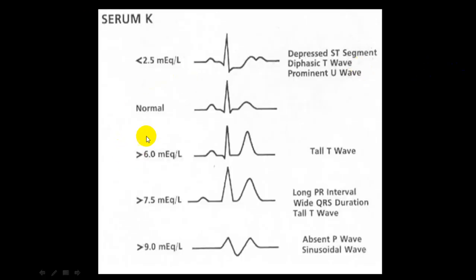This is hyperkalemia. You can see as the potassium starts increasing, you will have a tall T wave, then the PR interval will get prolonged, then the P wave will disappear, so you can't measure the PR interval. Then the QRS complex will become wider and wider, and there will be a tall T wave, whose upstroke and downstroke will be symmetrical, and that gets merged with the widened QRS, and then we call it a sine wave or sinusoidal wave. This is characteristic of severe hyperkalemia. It can go into cardiac standstill, and the person can have sudden cardiac death.